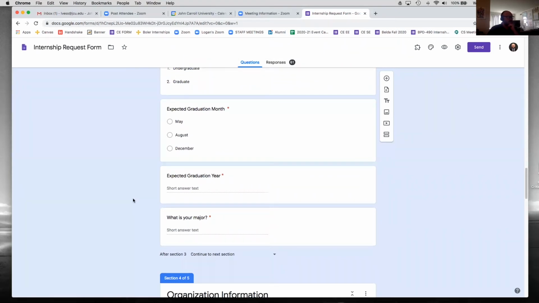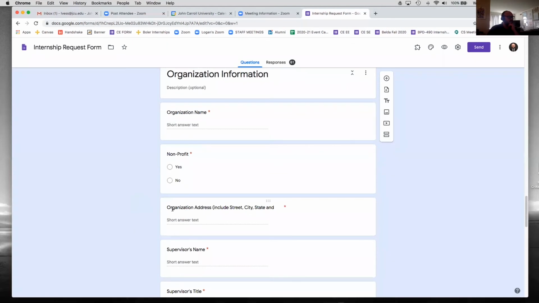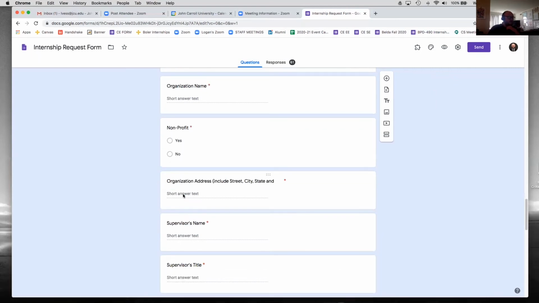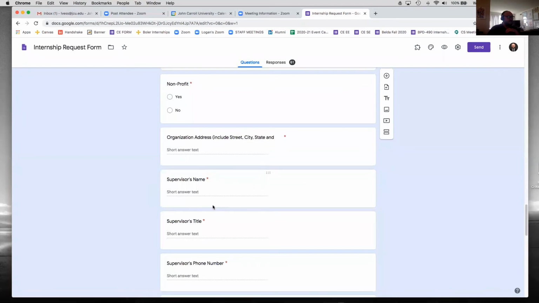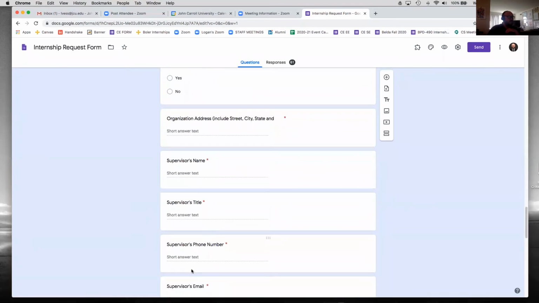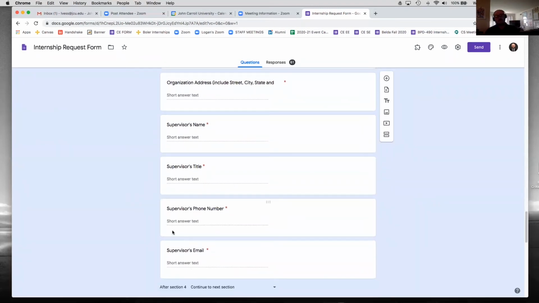Pretty simple. Next up is the organization information. So here you'll enter the name, so KPMG, PwC, EY. If they're a nonprofit or not, their physical location, your supervisor's name, title, phone number, and email. Some of you may not know exactly who your supervisor is going to be at the firm, and that's totally okay. You can add in here the recruiter that you worked with, someone at the firm for now, that's totally